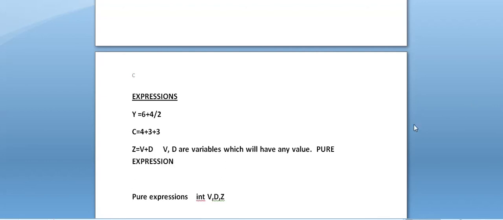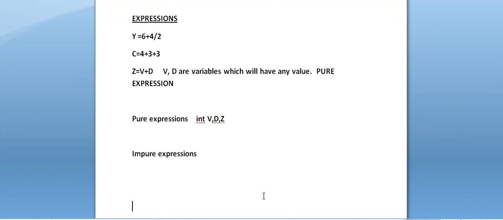Fine. And let us see an example of an impure expression.